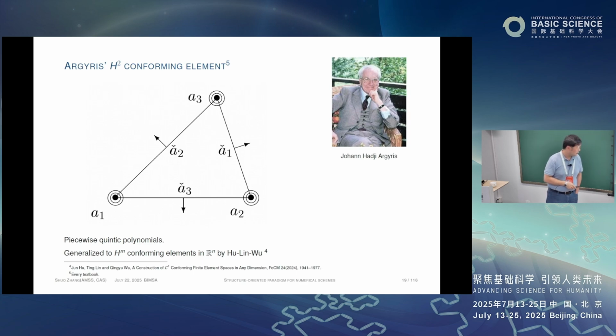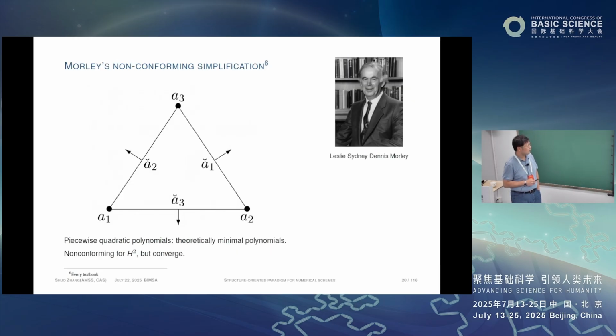And this finite element is constructed for the H2 problem. And recently, in 2024, maybe earlier, this finite element has been extended to the Hm problem in Rn by Hu Jun, Lin Ting, and Wu Qingyu, my friends. Okay, the element is good, but the degree of polynomial is high. It uses fifth degree. So Morley